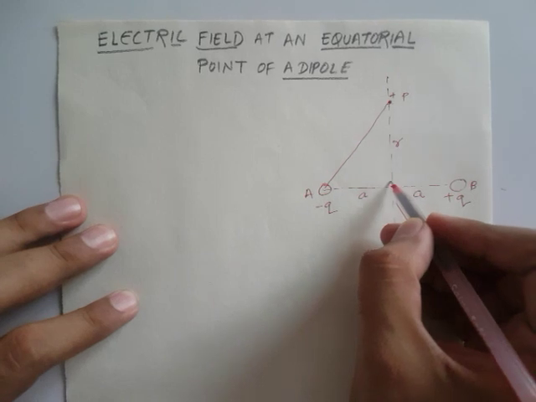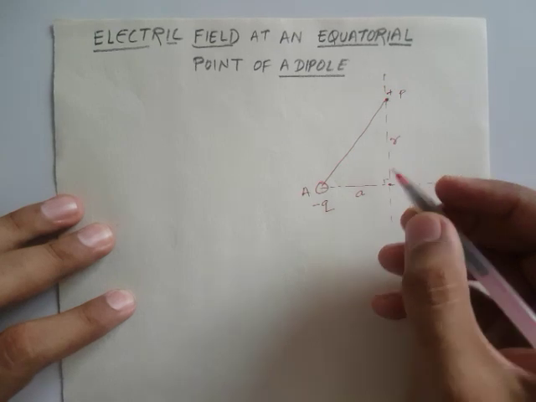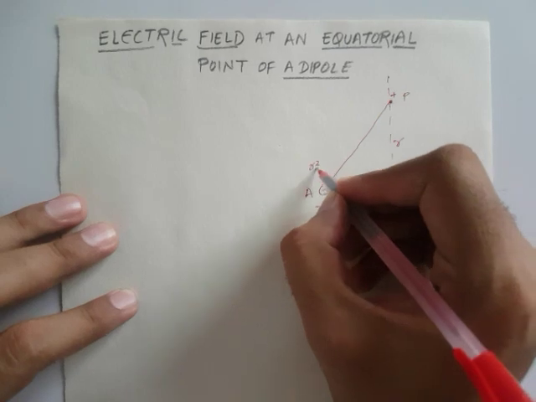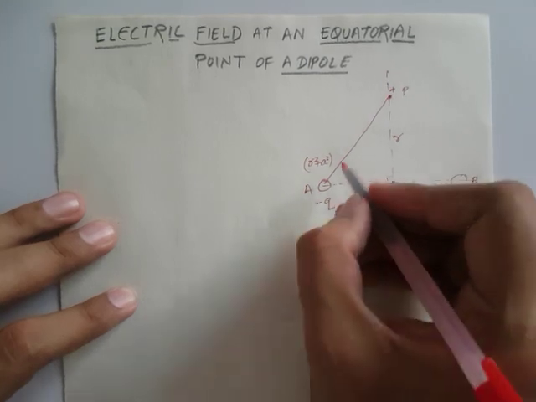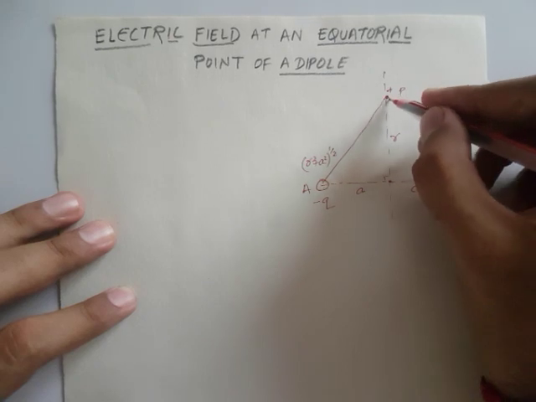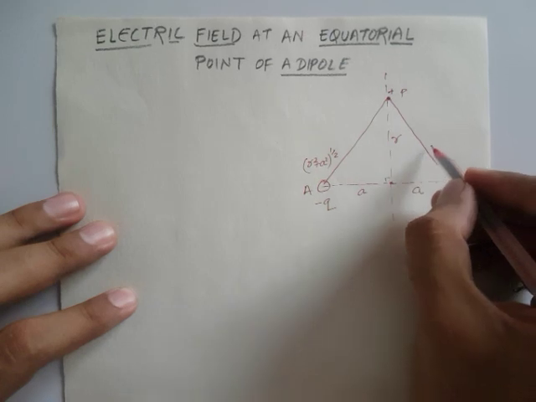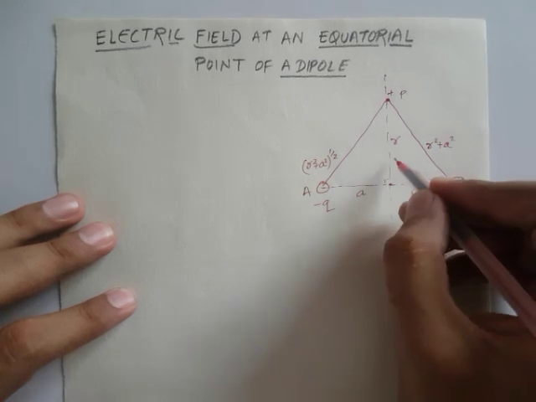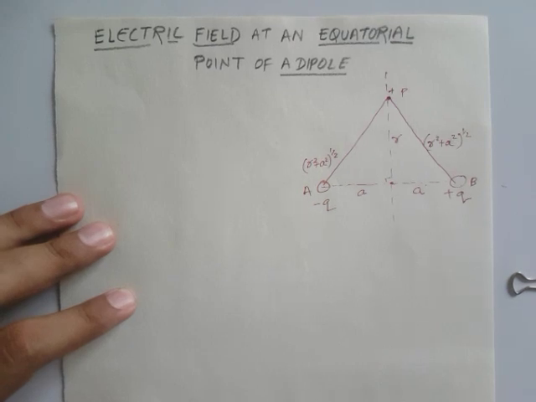That distance is the hypotenuse over here, if we consider this as a 90 degree angle, and if we add this up we will get r square plus a square, under root. Instead of under root I am writing the power half over here. The same thing will happen over here also. If I draw a line over here, then we get r square plus a square, that means the base and the opposite, and that is to the power half, that is under root.